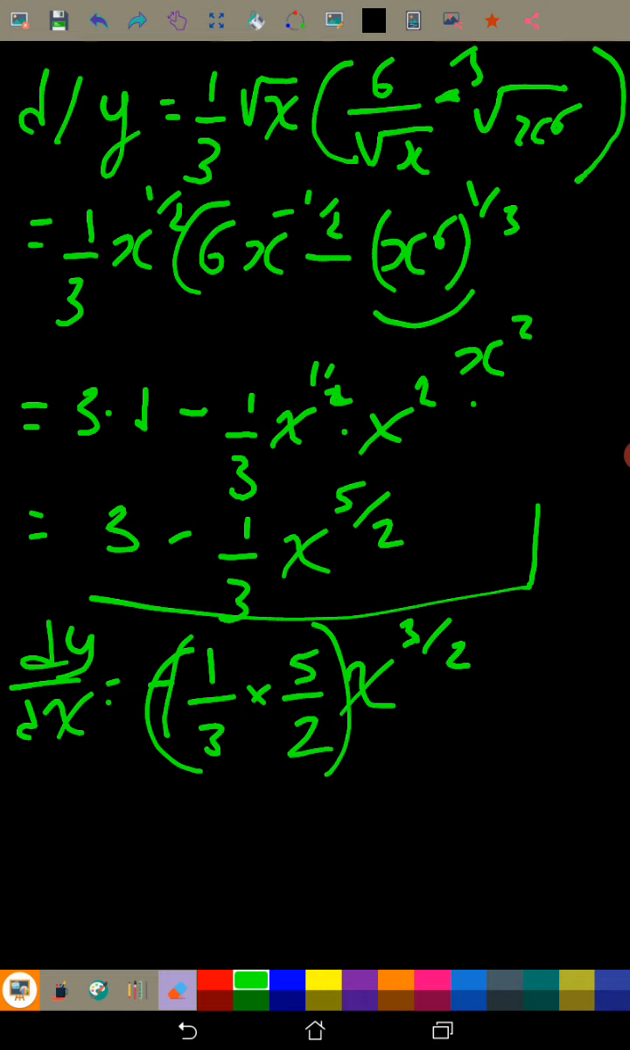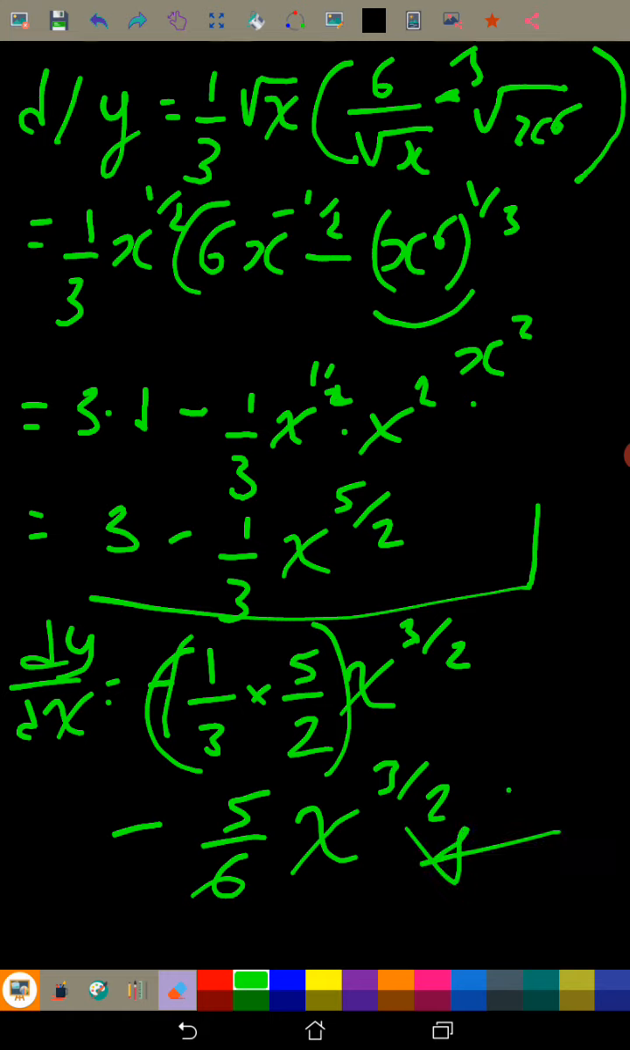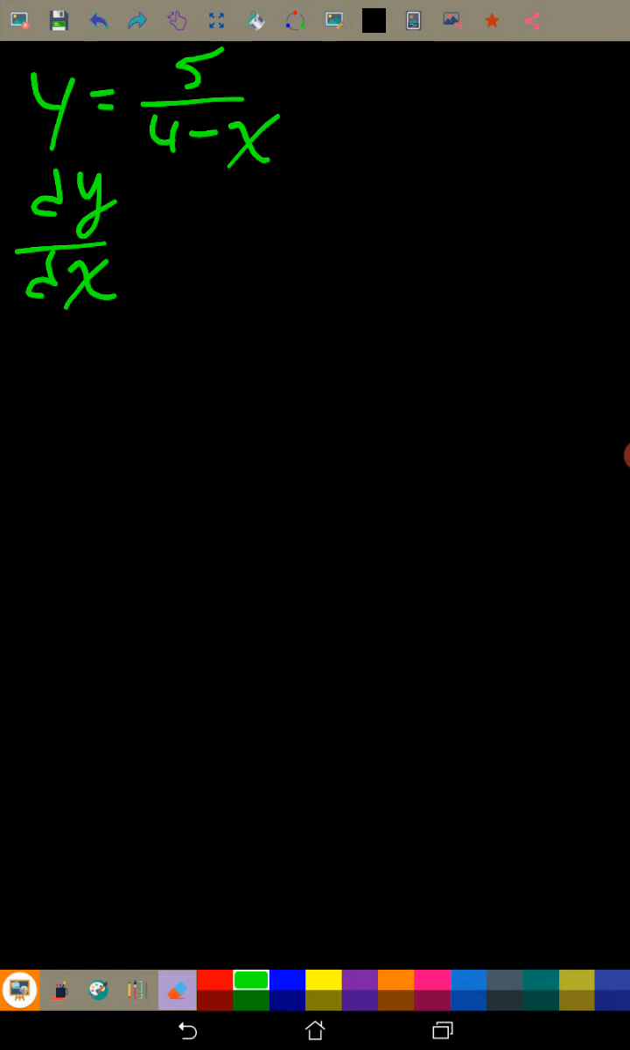I got something like minus, so it's going to be minus 5/6 and x 3, 2. This looks quite odd, I must say, but that's the answer, and it's correct. So we have done all this, and now find the rate of change of y in respect to x when y is equal to 5 for this. So the dy by dx of this,